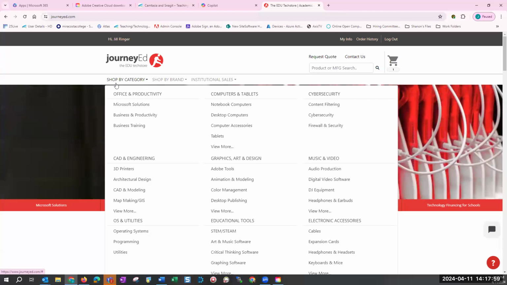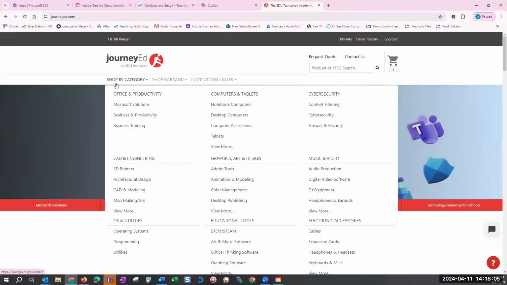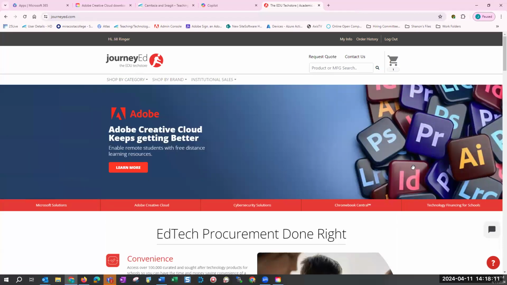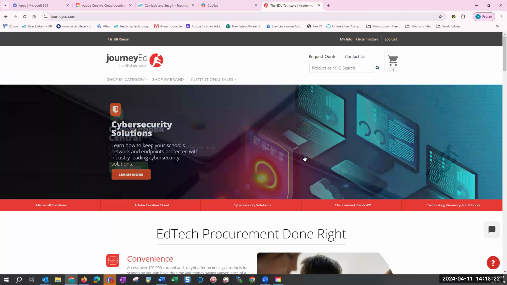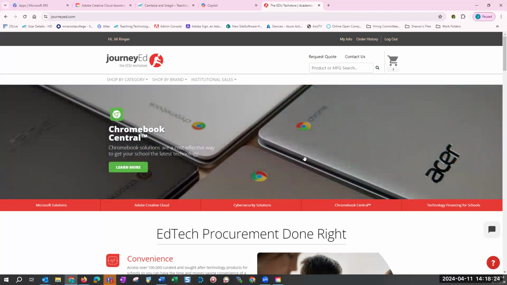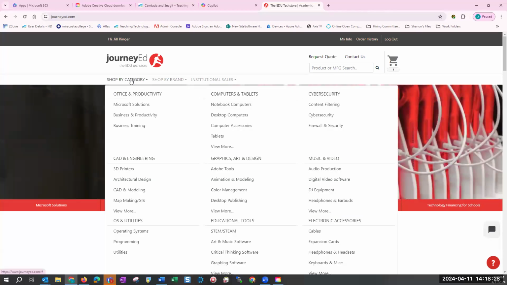All of this software is available to employees of community colleges or education as a whole. So you can purchase anything in here. But I want to go over the requirements for purchasing from Journey Ed. Journey Ed is the one that does Adobe, Microsoft, all of these other things.